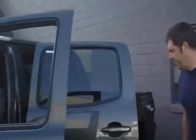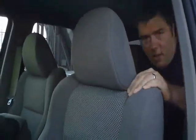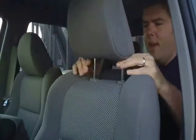The backrests. First thing you want to do, if it has removable headrests, you take them off. So I go in behind, you can go in the front too, whichever you want. Pull them up, they usually go to a certain extent and then stop. At that point you've got to push in a button, the button here, and in a lot of models you're